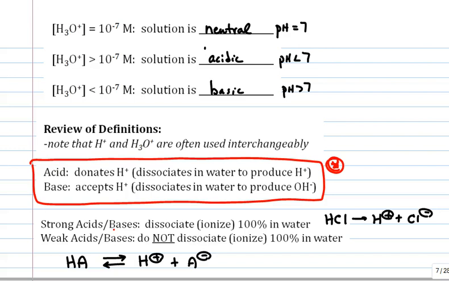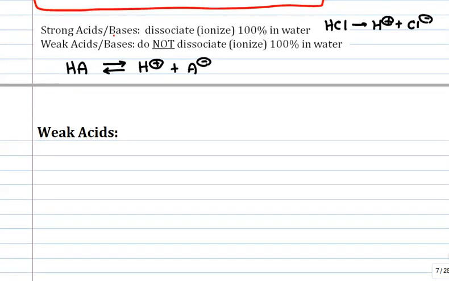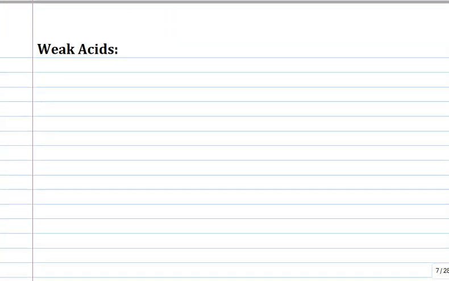The last thing I want to do in this video, we're going to expand on this more in class, is talk a little bit more about weak acids. Probably one of the best known weak acids is acetic acid, the main component of vinegar. Organic acids, carboxylic acids, are typically weak acids, and so you can put them in water. I'm not showing water in the equilibrium, but you could if you wanted to. I'm just going to show the acid form here, and it's going to dissociate into the base form